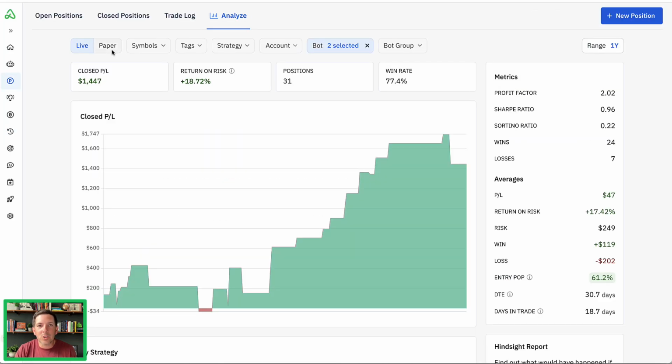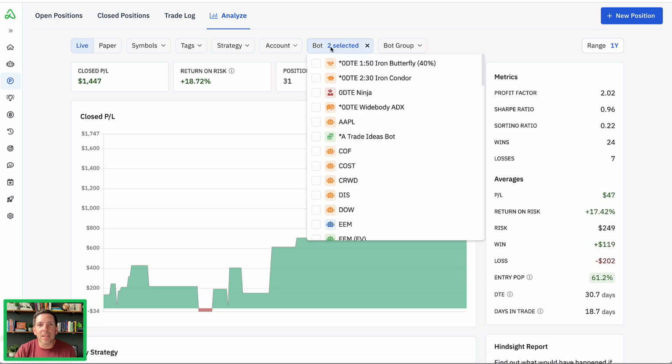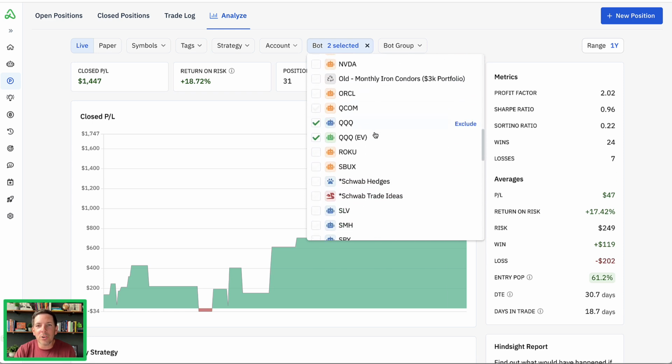So here are some examples of that, which helps show you what I'm talking about. Here are two bots that I selected in our Analyze tab. I've traded these two strategies. They're exactly the same bots, just one is in paper trading and the other is live. This one here is our live bot, a QQQ EV bot. And this one here is a QQQ paper trading bot for the same exact strategy. So I just clone the bot. I run the live bot next to the paper trading bot so you can see the